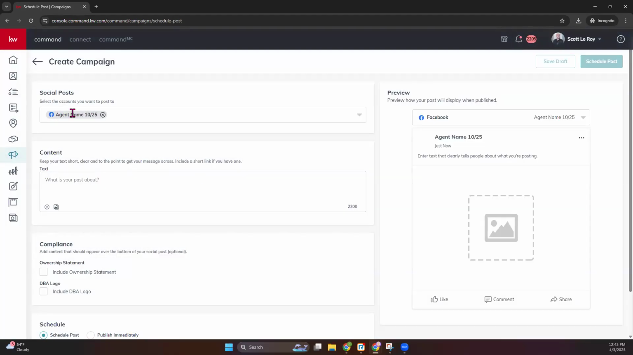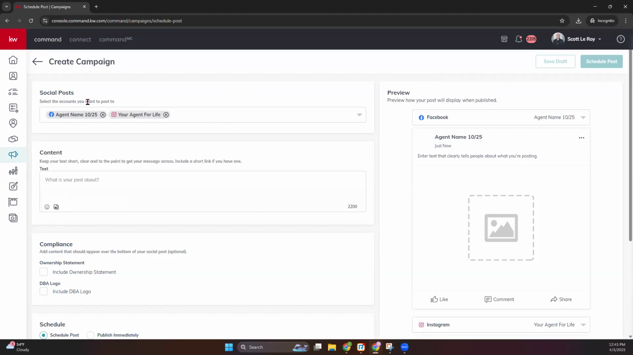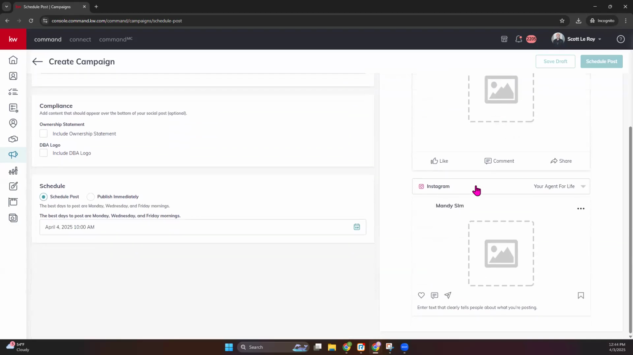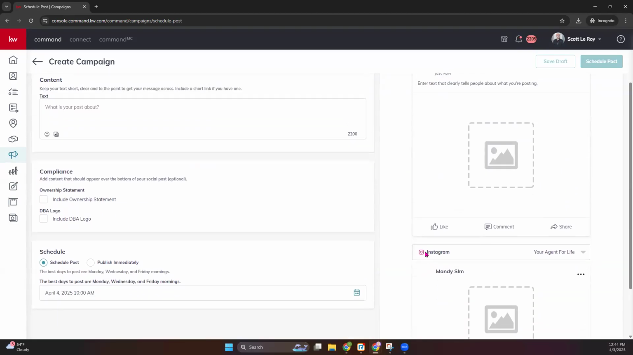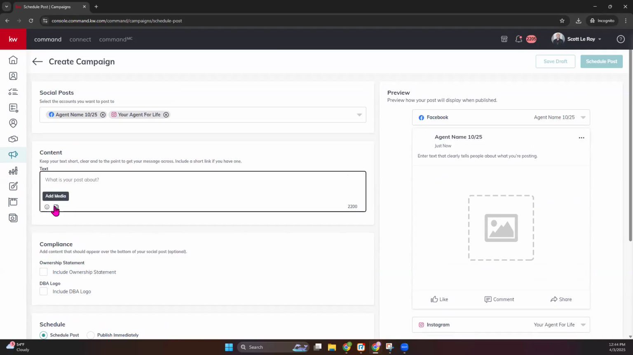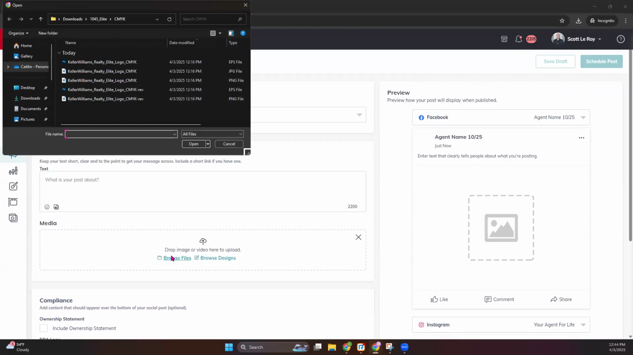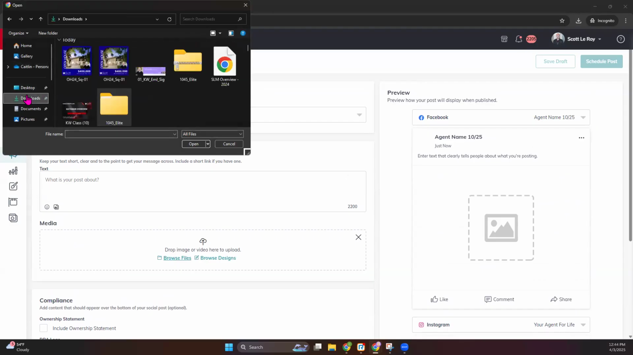Now, once we're here, you'll see we are connected. We have the ability to select what account we want to send this to. Do we want Facebook and Instagram? Once we have those selected, you'll have a preview. If you're doing both, you should have a preview for both of those that you can take a look at. And then from there, you can add your content and add your photo or video. So if we hit add media, we can go ahead and browse our file. And we can go ahead and pull in our